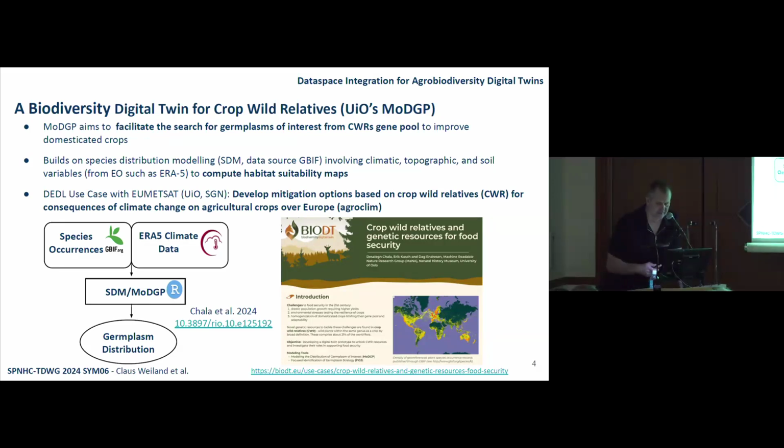Just a very high-level overview of the model is shown here. It takes species occurrence data from GBIF, combines it with climate data, soil, moisture, and so on from the Copernicus data, in particular the ERA5 dataset, which contains to some extent also model data. It runs a highly advanced species distribution model on it called ModGP, developed by Desalin Chala,